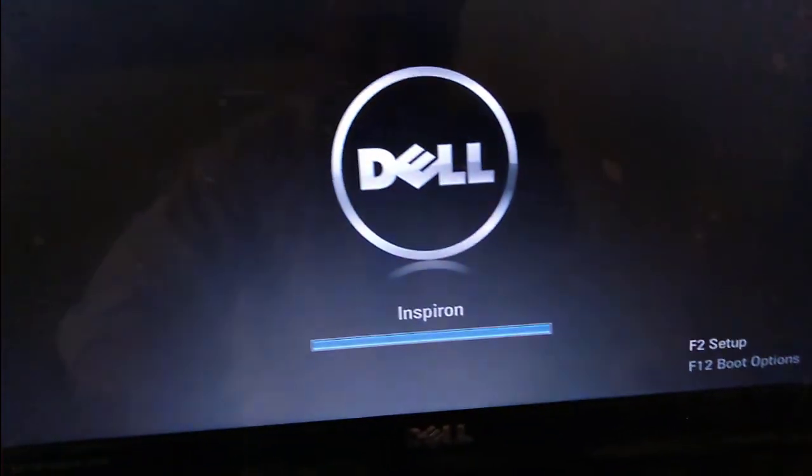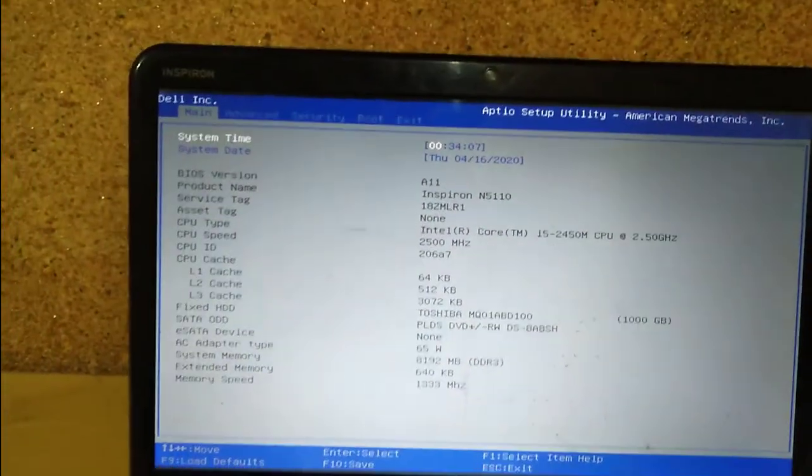Okay guys, my computer is shutting down. Now we need to go to the BIOS system. To go to the BIOS system on a Dell computer, we need to press F2 at startup. So now I'm going to start my computer, and when I press the start button, I need to press F2 on the Dell computer to go to the system BIOS, and here go to